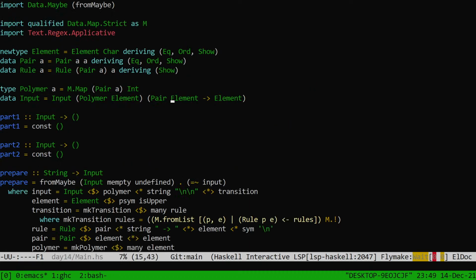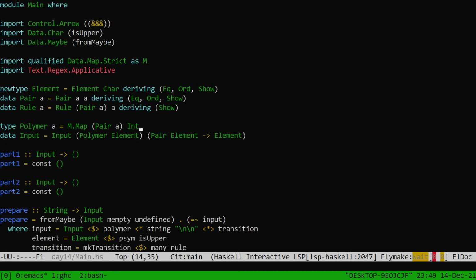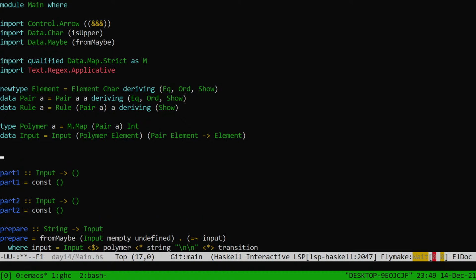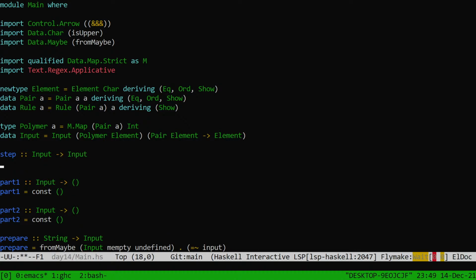So, with this in mind, we now, I think, can write a function that goes one step through the input. We can basically just have a function from input to input, then call it step. Is that correct? That seems right. So we'll just call it step, the function from input to input. Step of input mf